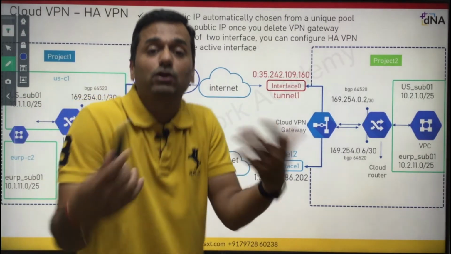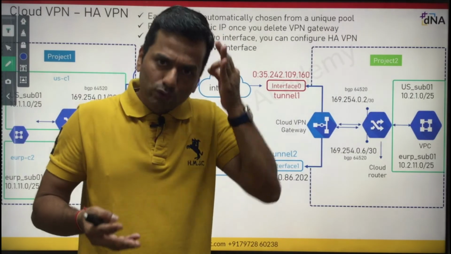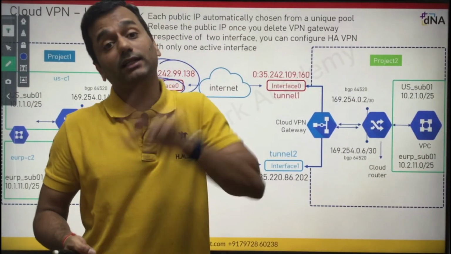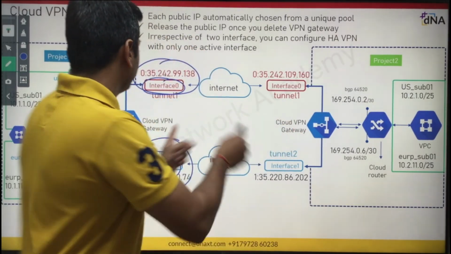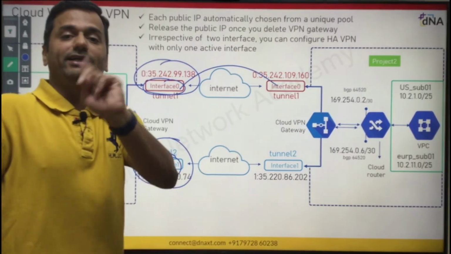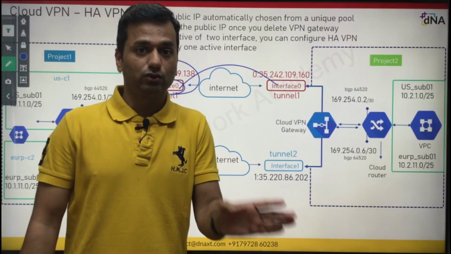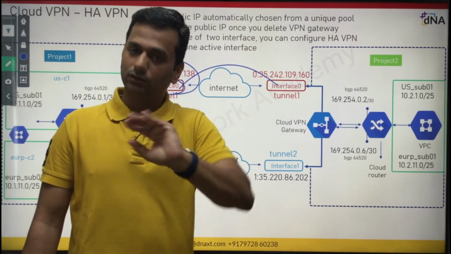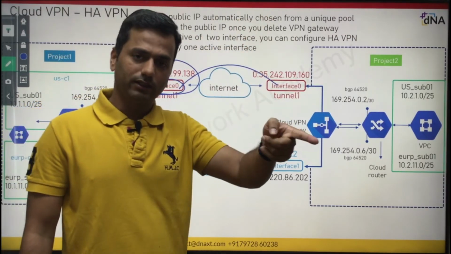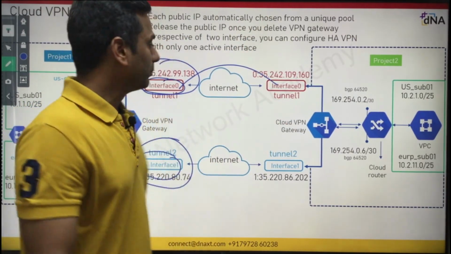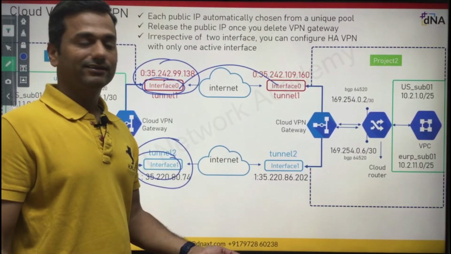When you configure the gateway, you will get 2 interfaces. Now when you configure the tunnel, it's your choice whether you would like to establish only 1 tunnel or 2 tunnels. If you go with only a single tunnel, 0 to 0, you will not get the 99.99% SLA, that is for sure. It's up to you, it's not compulsory. Do you have to configure 2 tunnels? No, not at all. You can configure only 1 tunnel. There is an option, I will show you. But it's an HA VPN, so go ahead and configure 2 tunnels. Clear?